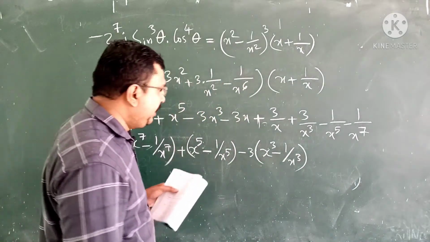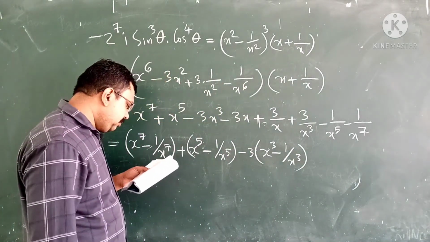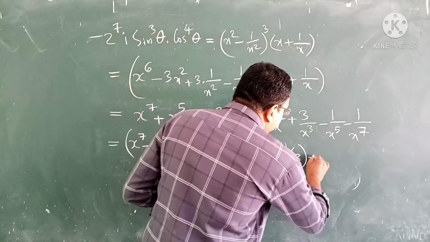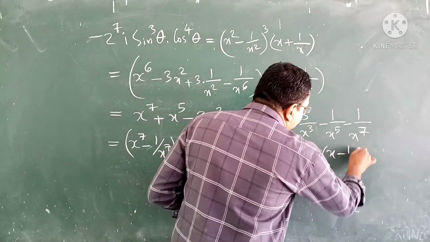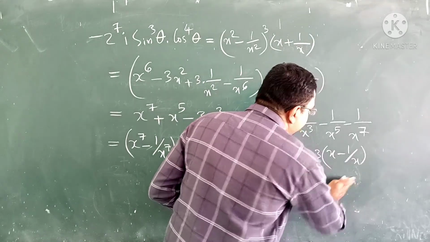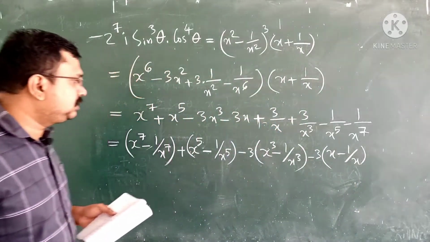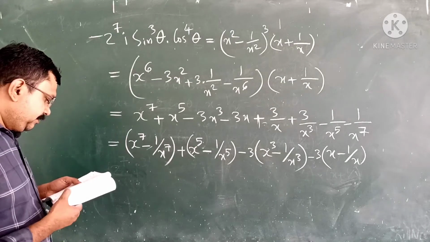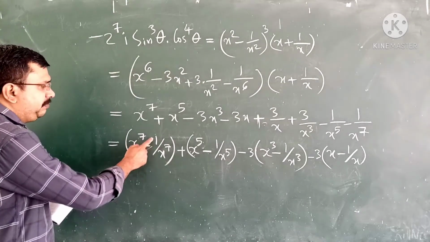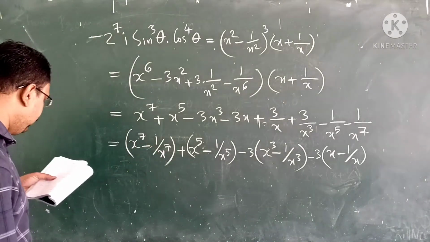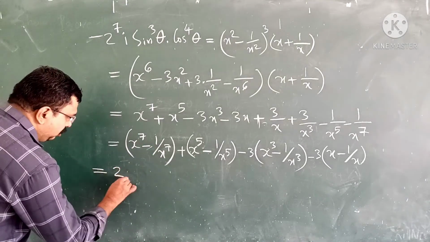Okay. Next, minus 3 into x minus 1 by x. Okay. x minus 1 by x. This can be written as, what is x raised to 7 minus 1 by x raised to 7? That is equal to 2i